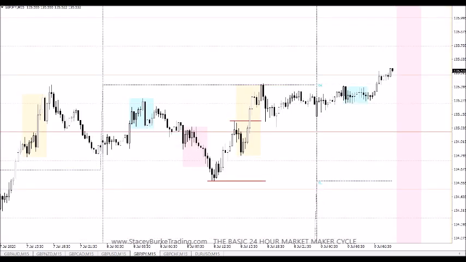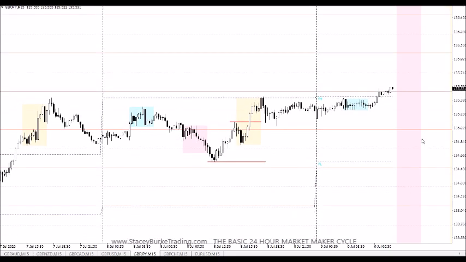Take a look at the pound yen. We start the day fresh in Asia, draw our high and our low. Again, similar to the pound, we had a breakout from the previous day and a pullback. We draw our highs and our lows. Market breaks out, expands the range in the Europe-London window before pulling back, again very similar to the pound with